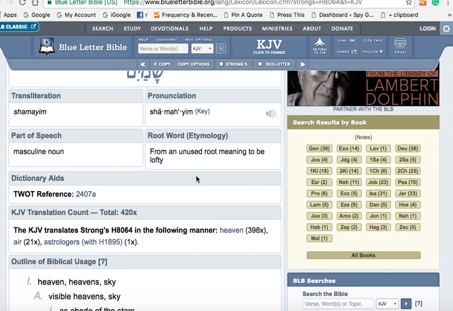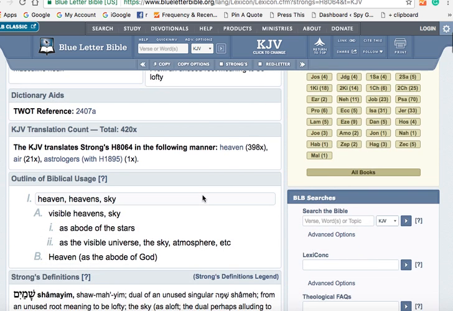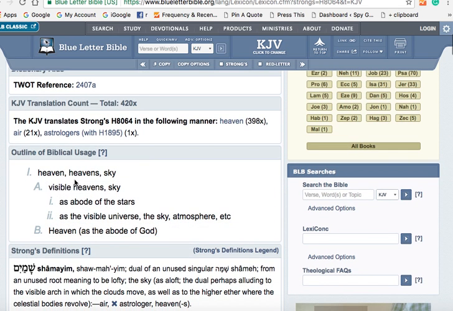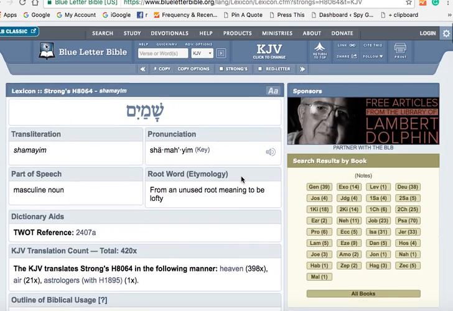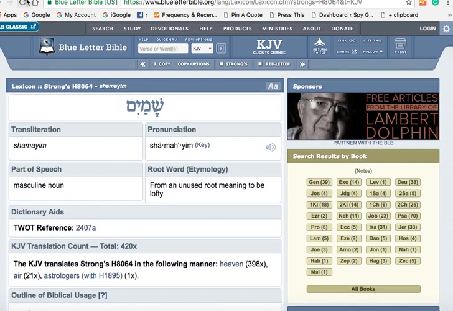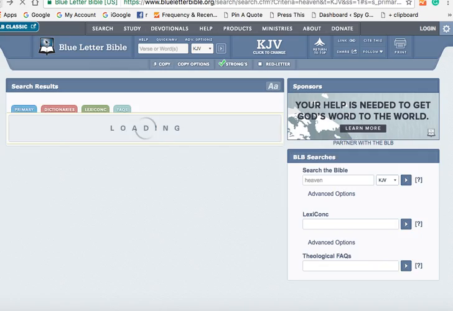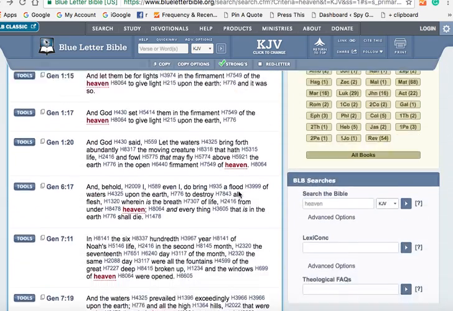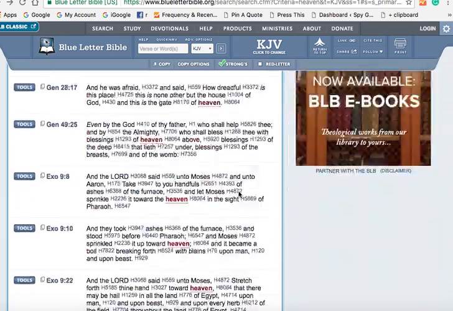Okay, so anyway, we have Shamaim, and it also gives an understanding of how this is broken down and the definition of how it's actually used in the Old Testament. Okay, now let's go back to the word, and we're going to scroll down here to get a Greek word,